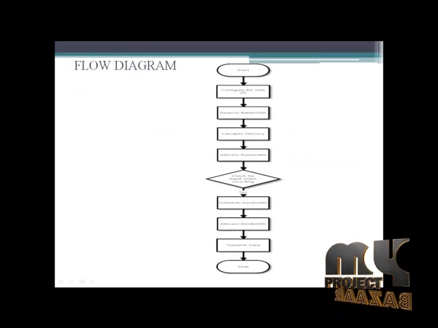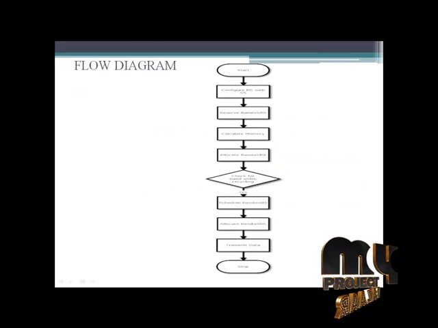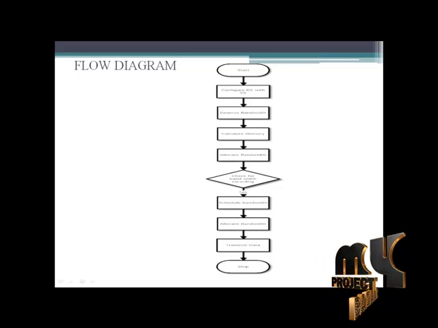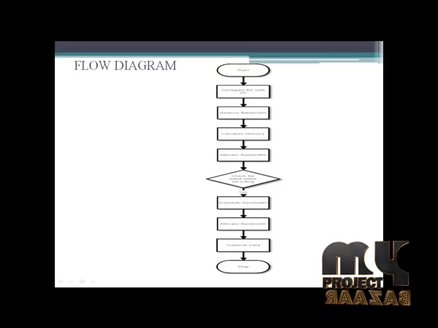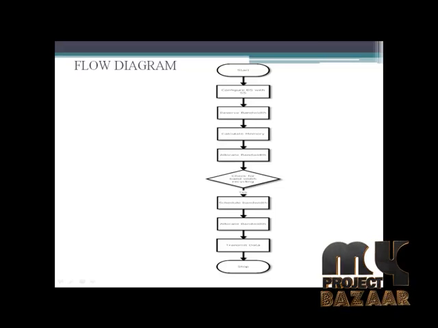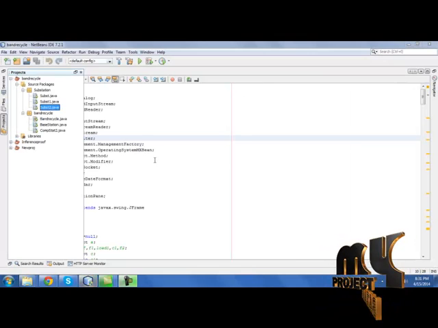Let's have a look at our flow diagram. Configure the base station with the subscriber stations, then reserve bandwidth and then calculate memory. Then allocate bandwidth and check for bandwidth recycling. Then schedule bandwidth and allocate bandwidth. After that, transmit data through the reserved bandwidth. Stop the process. Let's see the demo of our project.